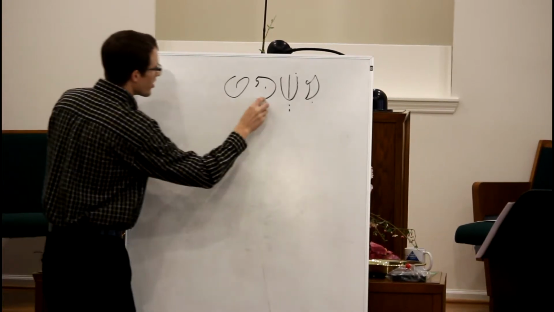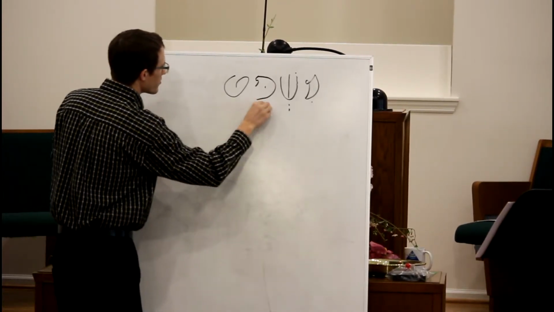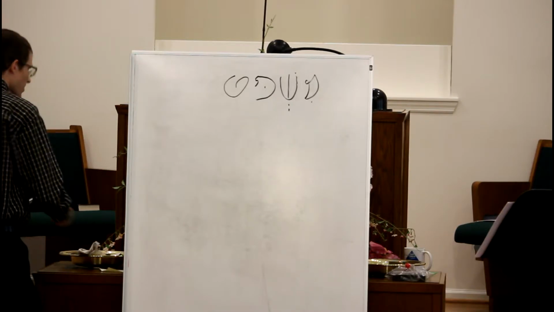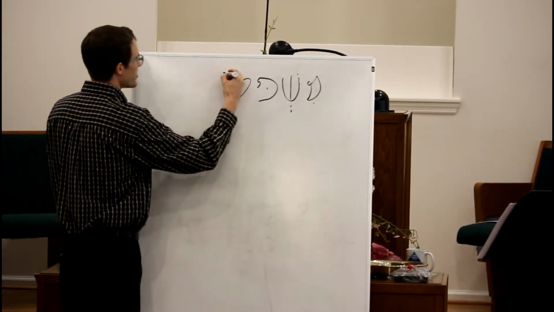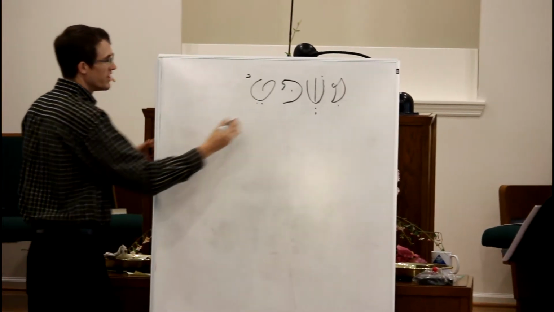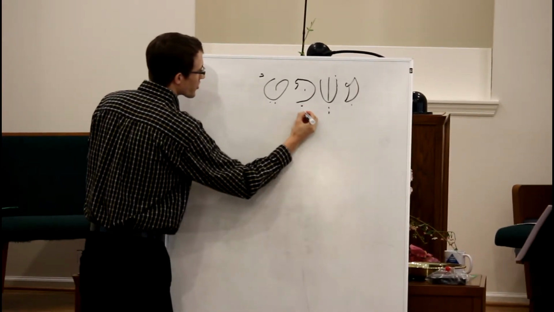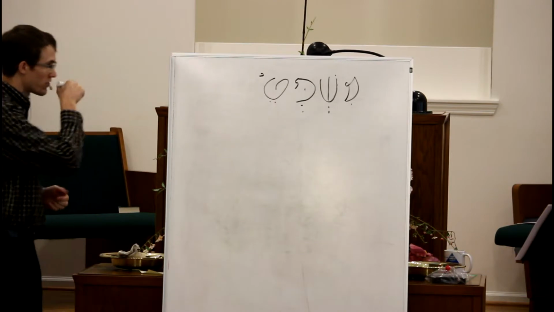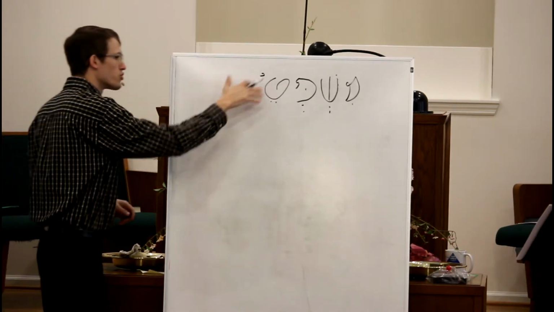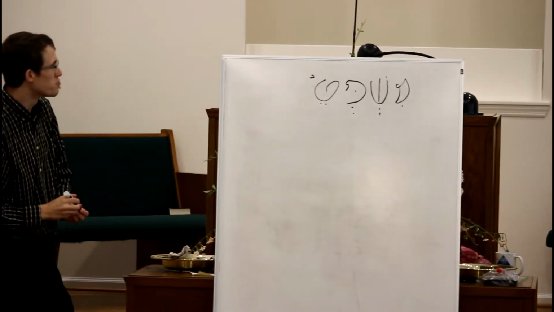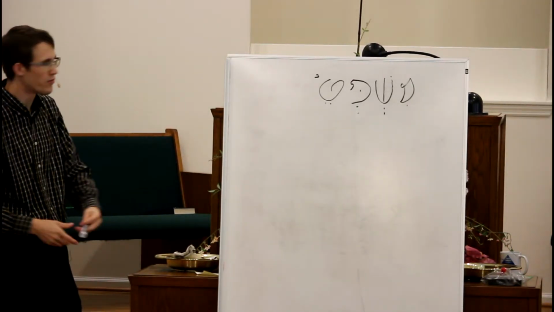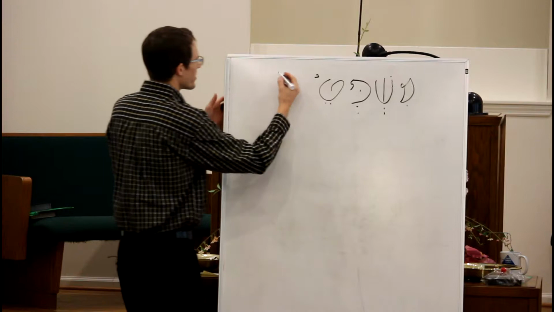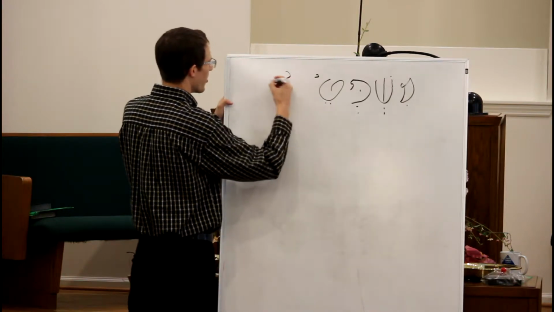But as we're going to learn later, the construct state is indicated by a sere yud ending, and that pulls the vowel down to just a Shavah, the vowel shifting. So it becomes mishpateh, which means judgment of, ordinance of, and you would follow it of mishpateh, ordinance of